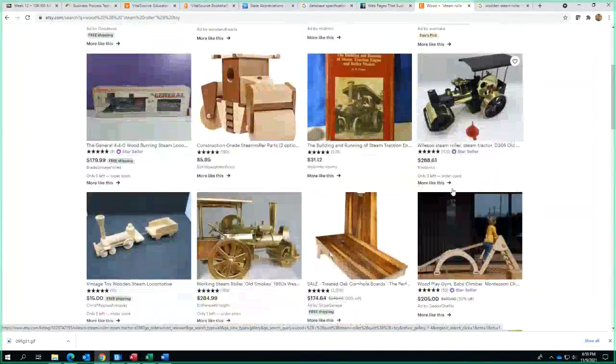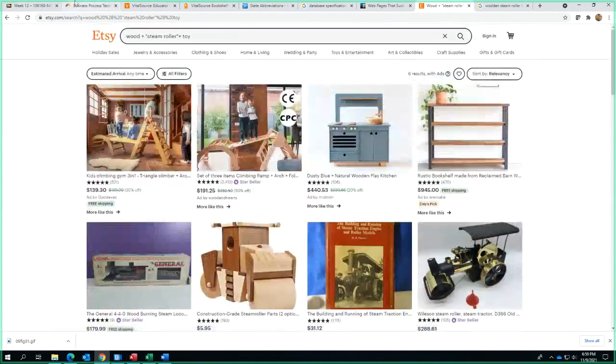Why am I doing this to myself? I actually want that. That's cool. I could buy it for myself and say it's for my son. Anyway, not really. I wouldn't do that. But